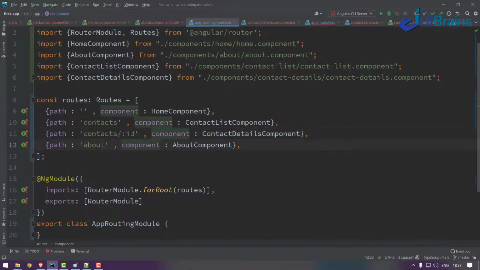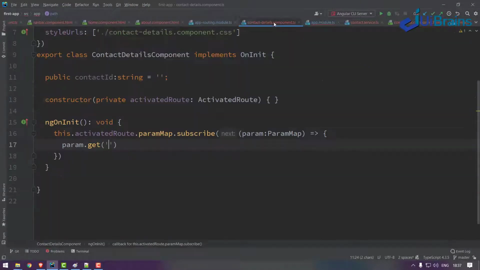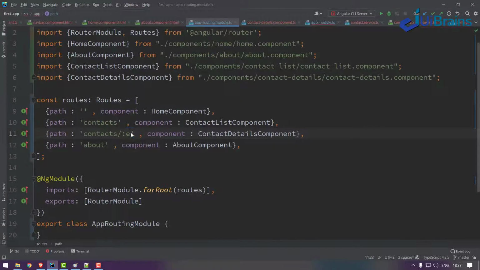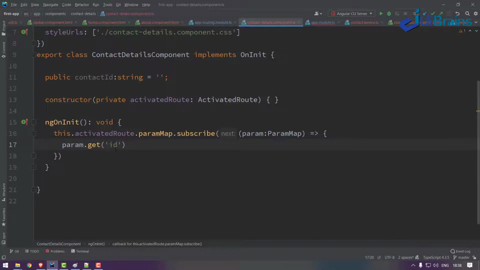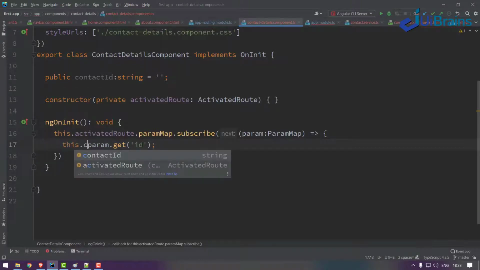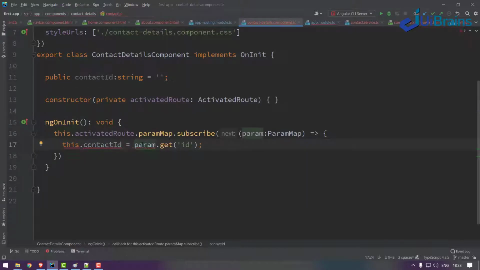If you have configured id, you have to give here id. Or some people will give something like emp id, then only that emp id you have to give here. And this is giving you the contact id, and how I can store is this.contactId is equal to this id.